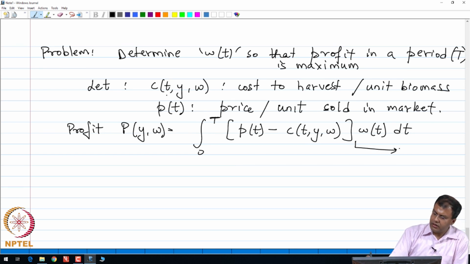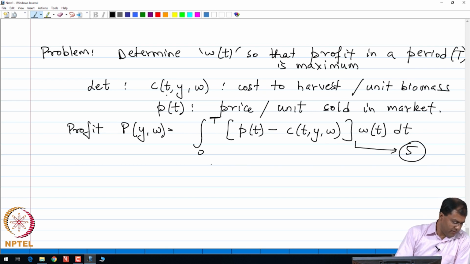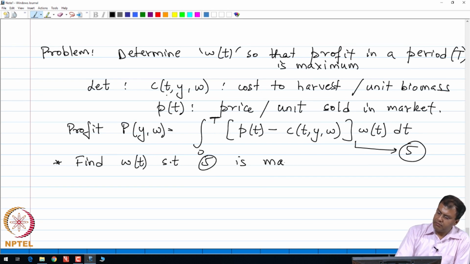So, let me denote this by 5. The goal of this problem is we need to find W of t such that 5 is maximum,